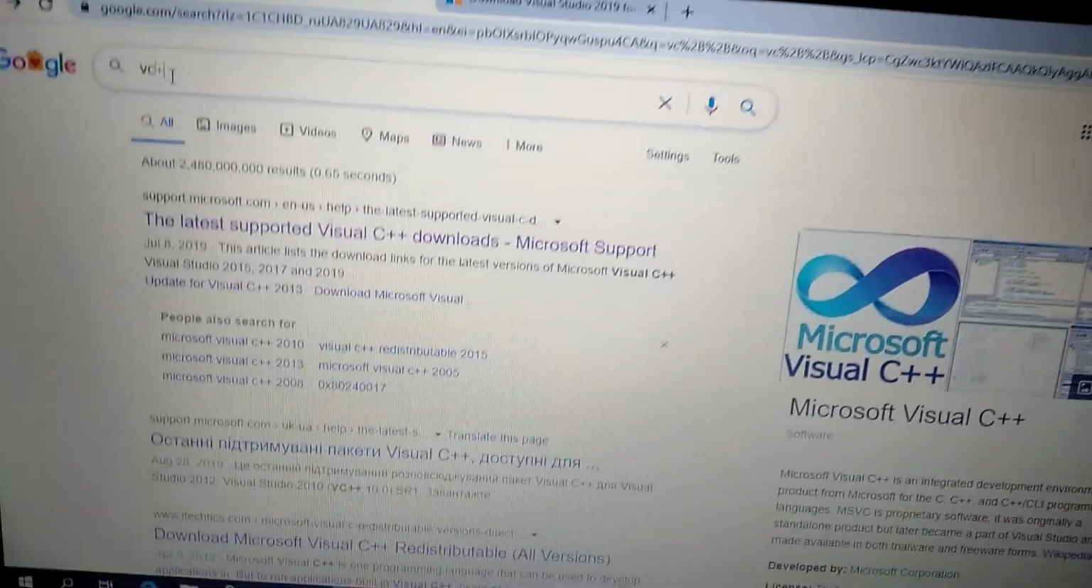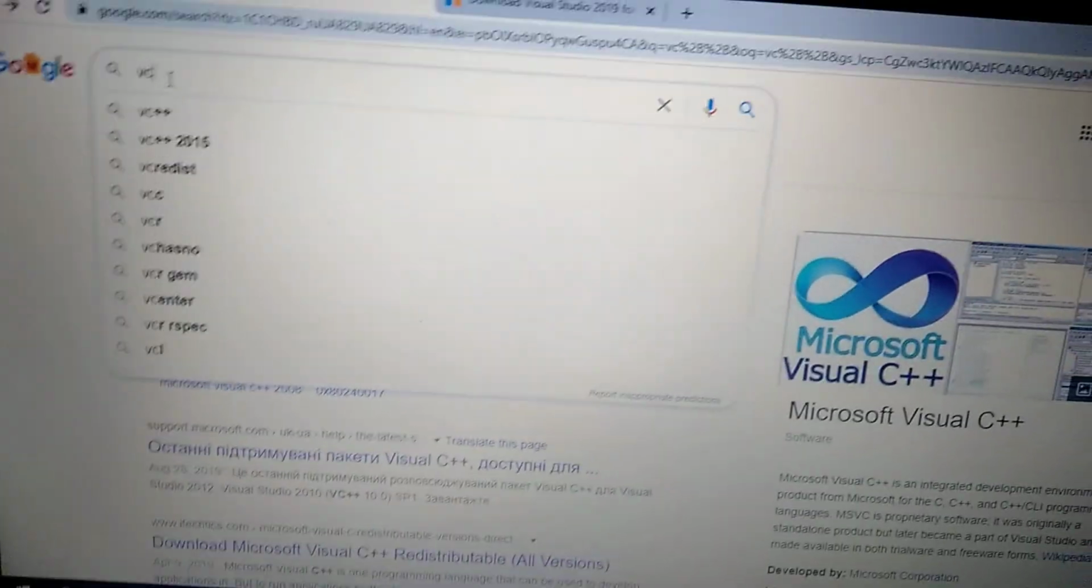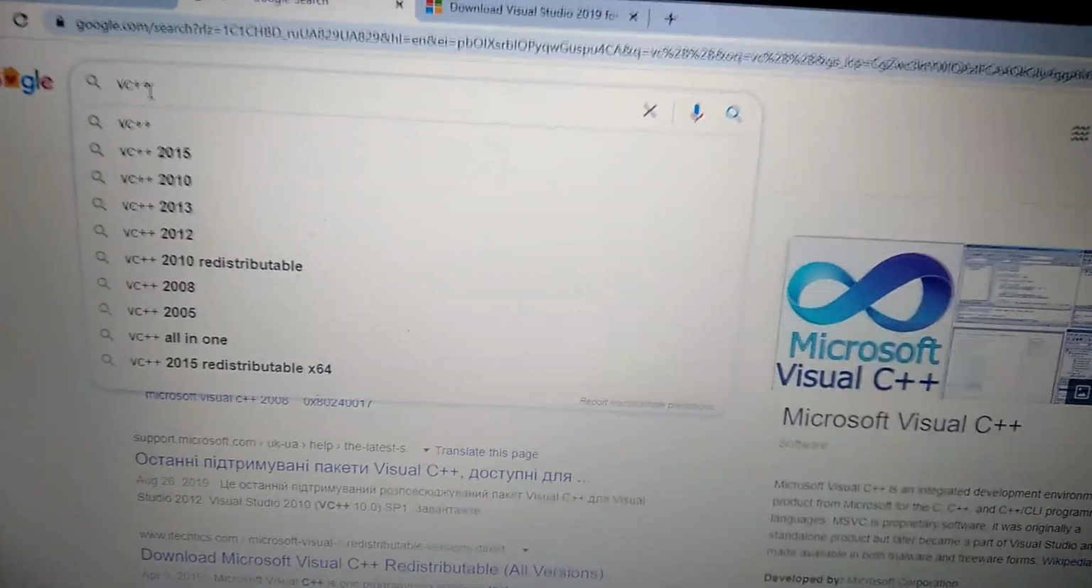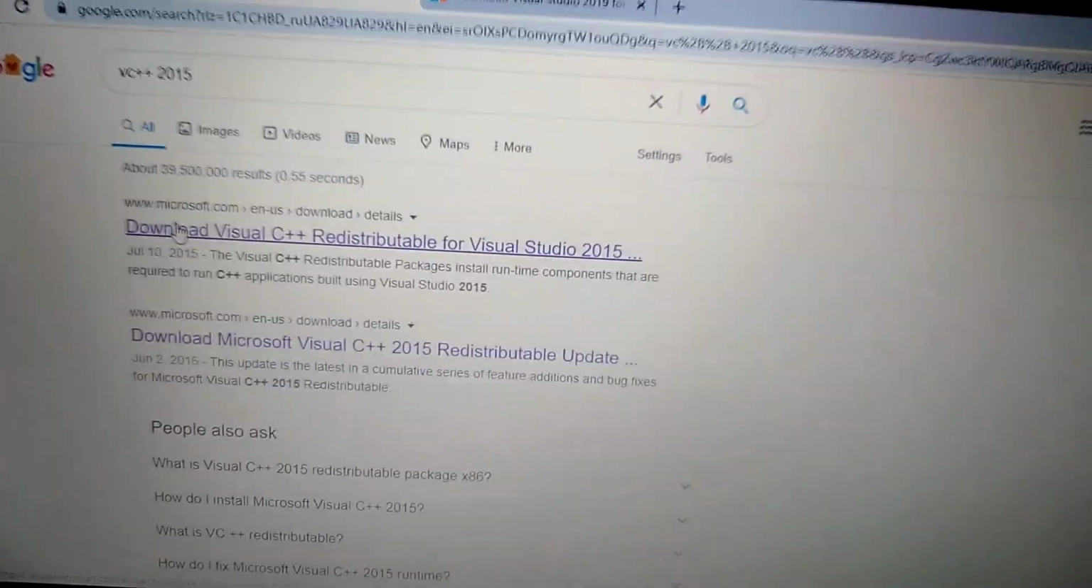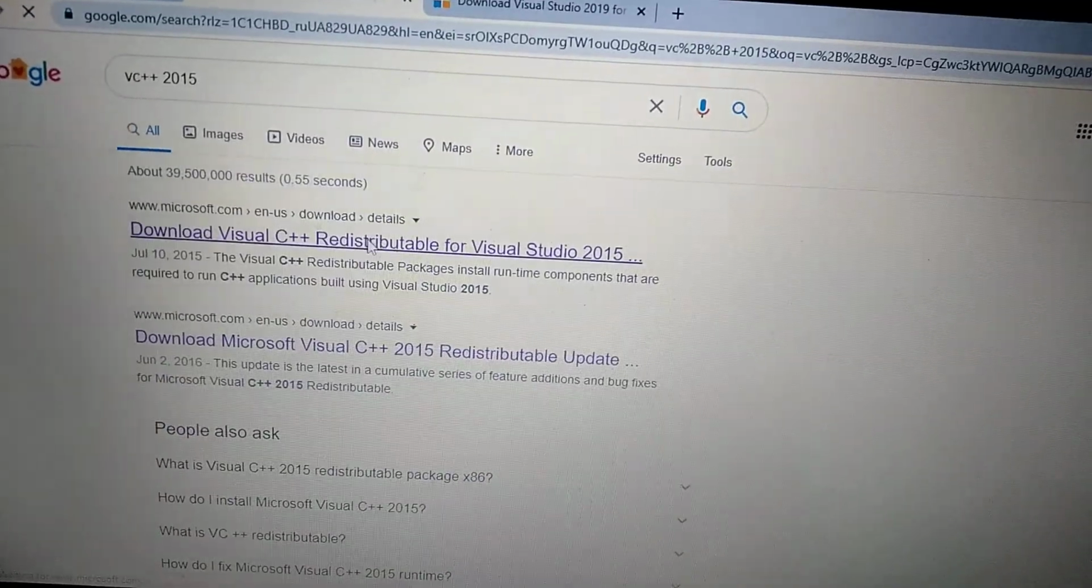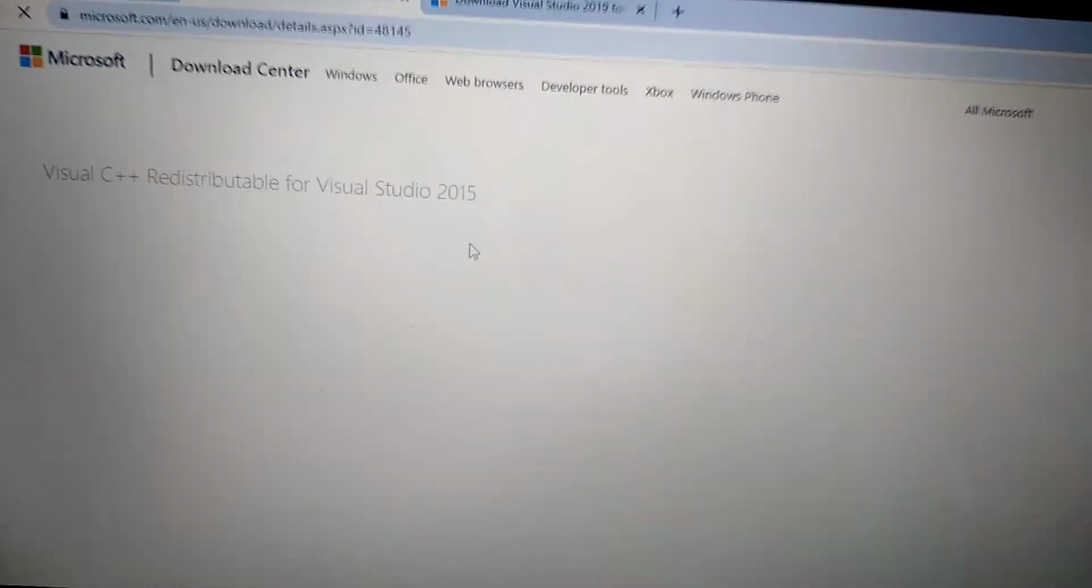First we need to open Google and just write in Google VC++, and here you will see the latest redistributable. Just choose it. Download Visual C++ Redistributable. So just choose here